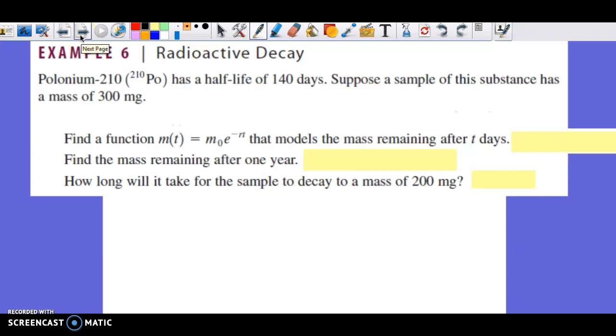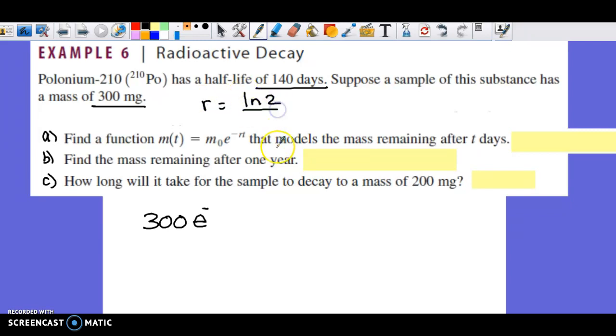We have this element, and we know that its half-life is 140 days, and its mass is 300 milligrams. So we're going to start with 300 milligrams. Got our formula is e to the negative rt. I'm going to find r by using that formula, ln2 over h. So if you want to go ahead and type that in the calculator,